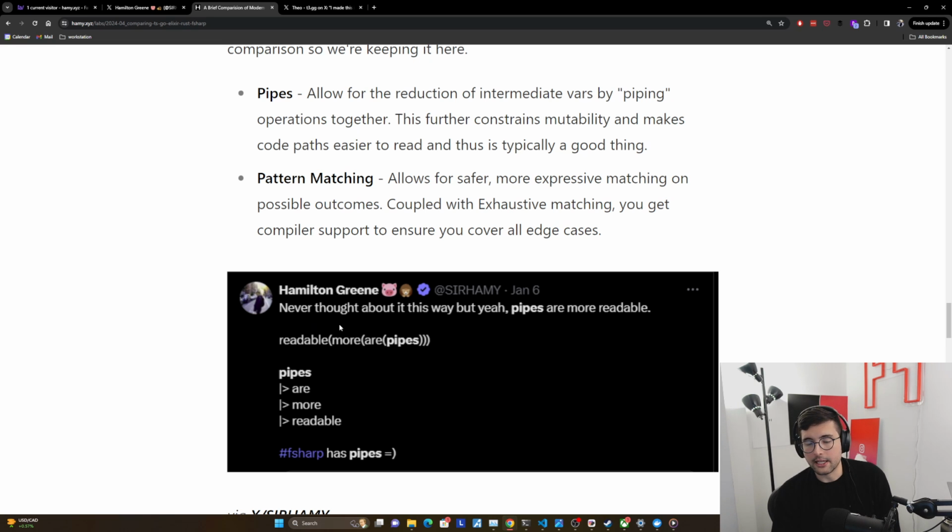And then with all of the intermediate variables, we have that opportunity for mutability. We have that opportunity for messing things up or having conditionals. And it's just a little bit more crowded. Whereas with pipes, we're basically just saying, hey, do this, and then we're just going to pass it into each of these things, which in my opinion is just far simpler, more readable, more scannable, stuff like that.